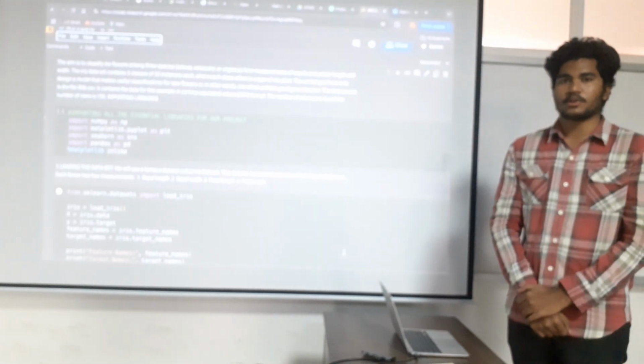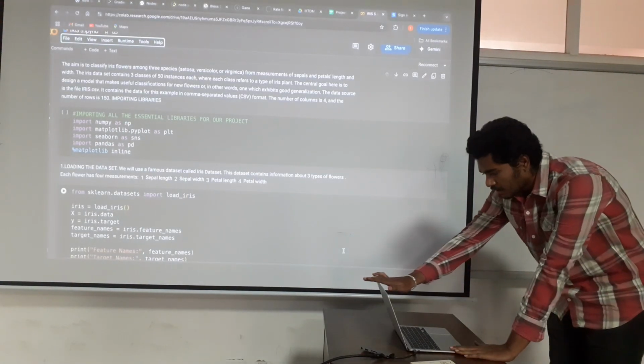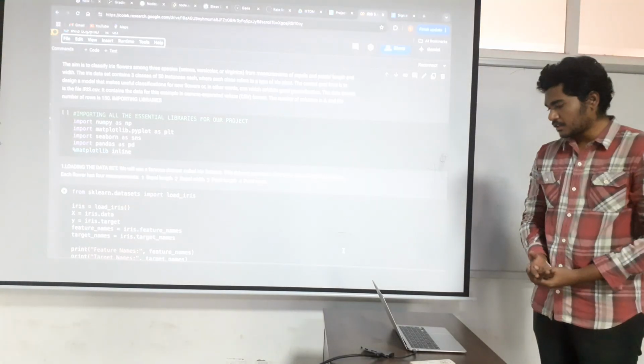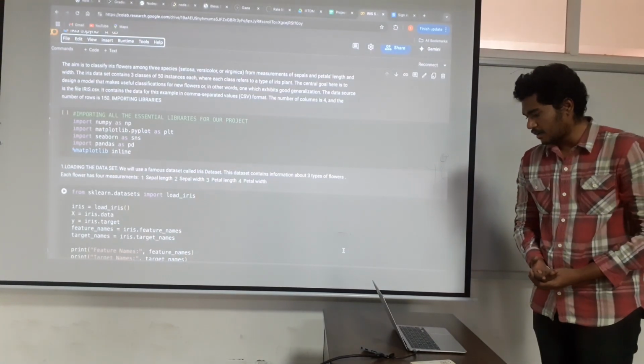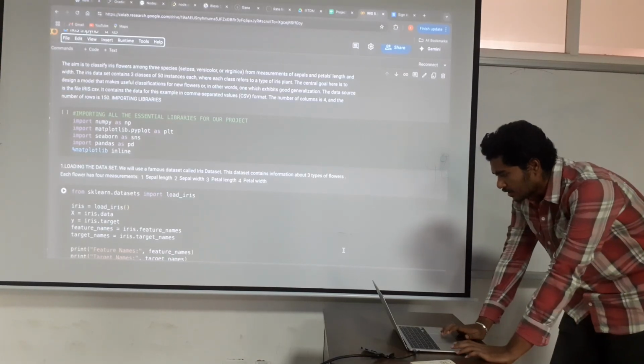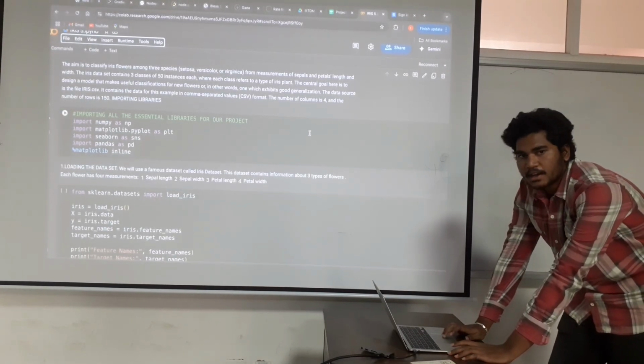I am here to present a project called Iris Flower Detection. Coming to my project, the aim is to classify the iris flower among three different types. The first one is Iris setosa, then Iris versicolor, and Iris virginica. And coming to this, for measurement of the sepals and petals and the length and the width of the